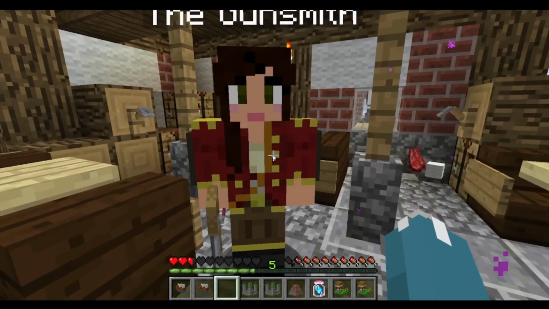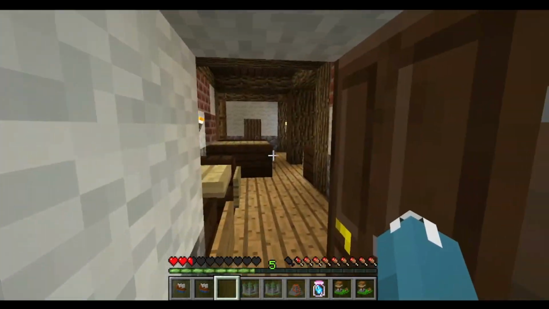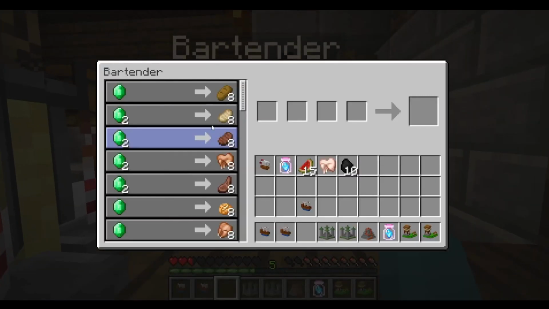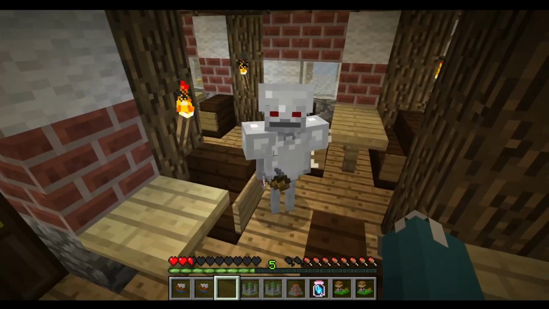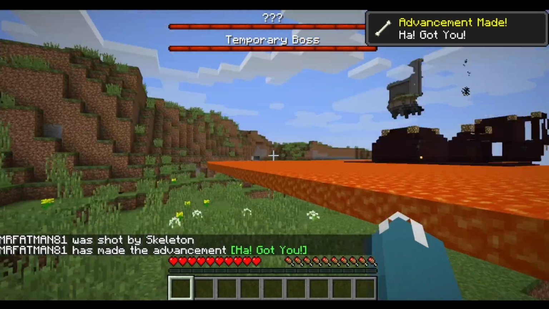This lady, the gunsmith, you can buy guns from. You have a bartender somewhere up. Oh, and she's kind of cute though. And you can buy food from. So the taverns are basically where you face. He doesn't seem that friendly. Oh. Well,